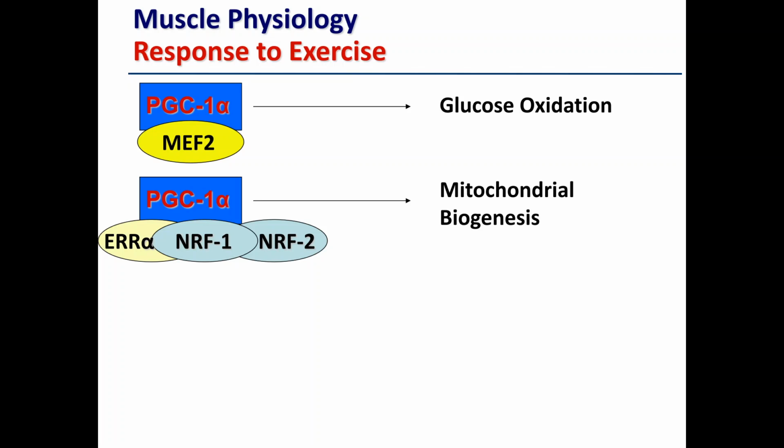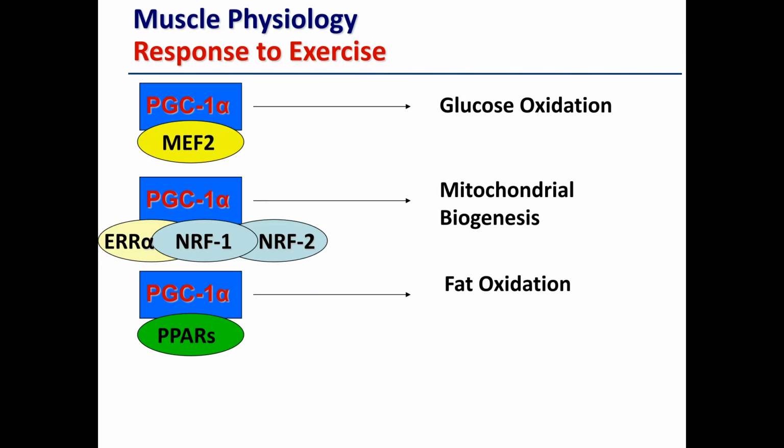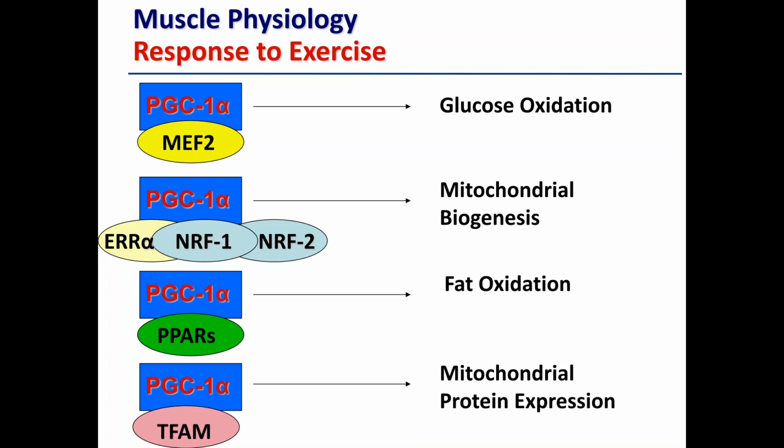So if you've got more mitochondria, you can produce more ATP more rapidly and therefore exercise at a higher rate. So if you're an endurance runner and you've got more mitochondria, you're going to perform better. It also helps fat oxidation, so breaking down fat to produce ATP. And it also improves mitochondrial protein expression. So even though you have more mitochondria, the proteins even within those mitochondria which are involved in breaking down fats and glucose and so on are increased. So that's even after just one bout of exercise.